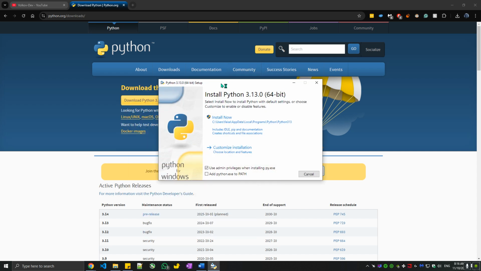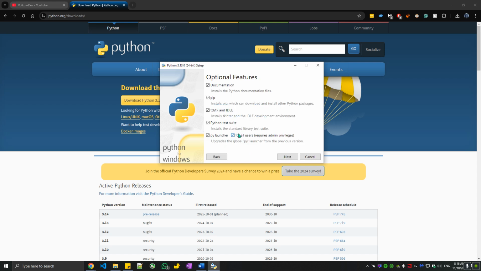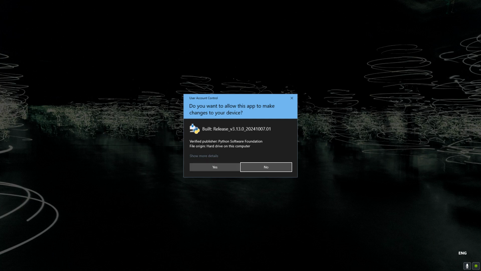installing Python. The most important thing with the Python installation here is to check off this box, adding python.exe to path. This basically allows Python to be run from any command prompt, any CMD command prompt window around the computer, basically adding it to the overall computer's, think of it as an access point for the program itself. So we're going to check that off, and then we're going to hit install, or we can do a custom installation if you want to actually check off anything, but I don't recommend that. Just go ahead and click install now, click yes,